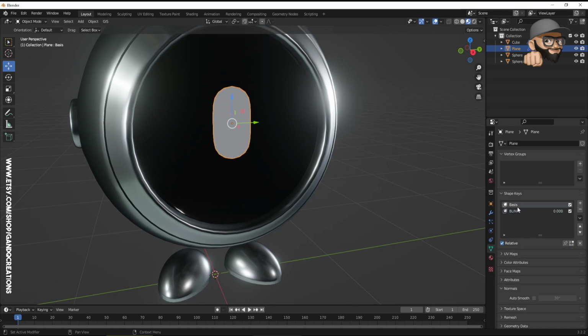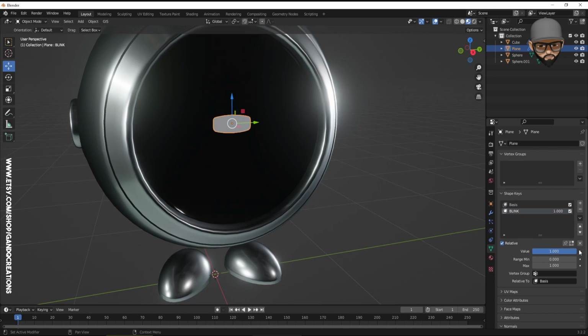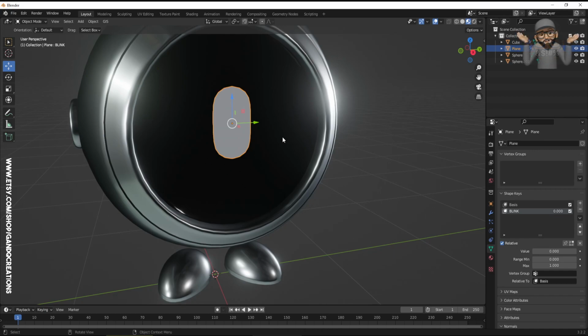So it's doing a shape blend between this basic and blink. And then we can of course keyframe. Now you can create all kinds of expressions, robot expressions just using the eyes, or you can add a mouth or whatever you want, or icons. You can do cool things. Let's make another one, and this one will be